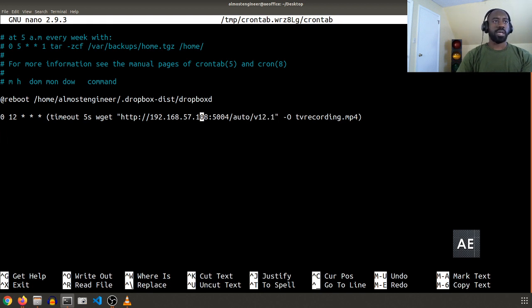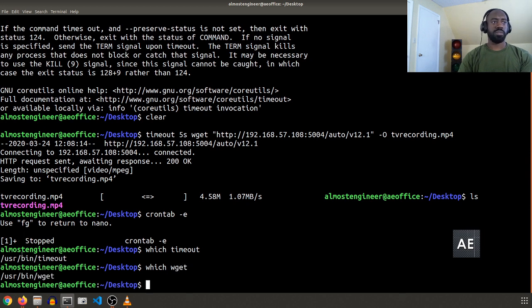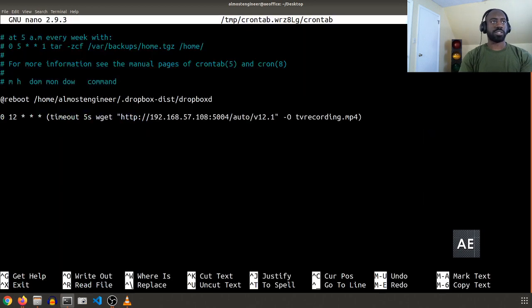Okay. And one other thing you want to do, you also want to be sure that you use the full path to these programs, so timeout and wget. In order to find out the full path, you can do which timeout and then do which wget. And as you see, both of these are in /usr/bin. So I'm going to go back to my crontab and do /usr/bin/timeout and